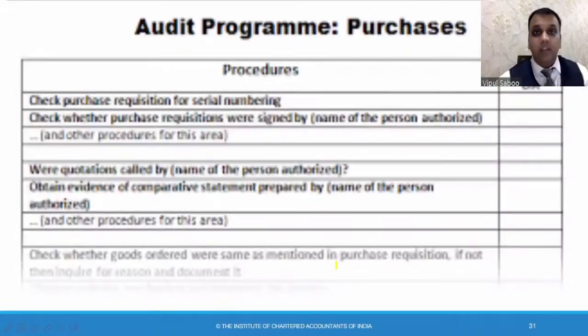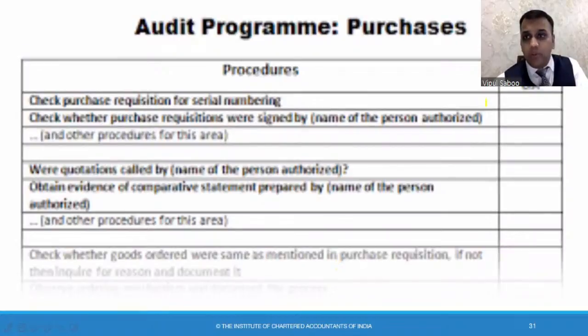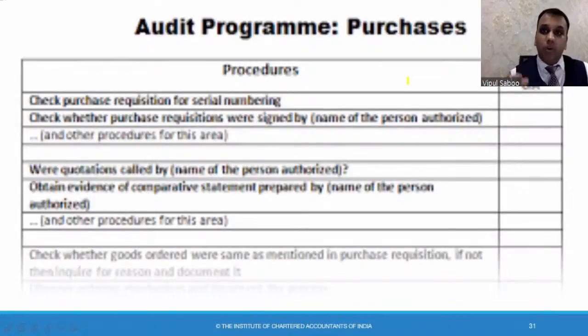Okay. So this is a screenshot. This might not be visible to you clearly, right? This is a screenshot. So this is an audit program of purchases. So I've given to my article trainee that you have to audit the purchases from the books of accounts. Purchases made by the entity. It could be any entity. In our example, it is a hotel. It could be any entity, right?